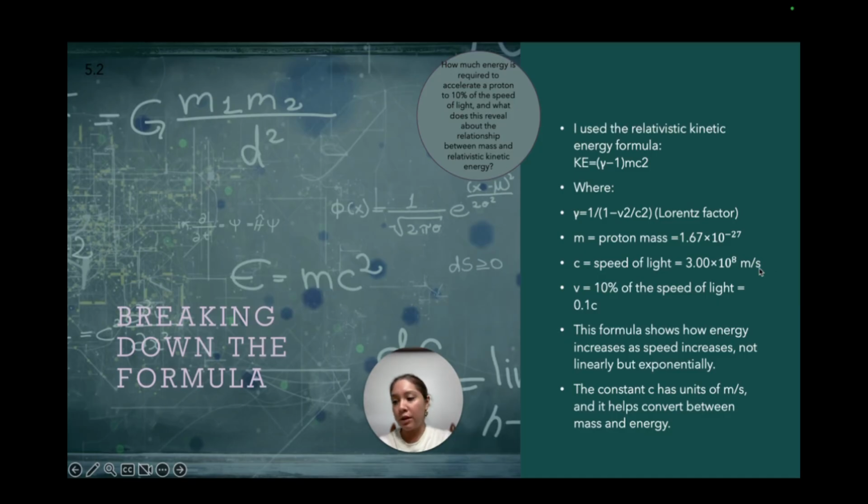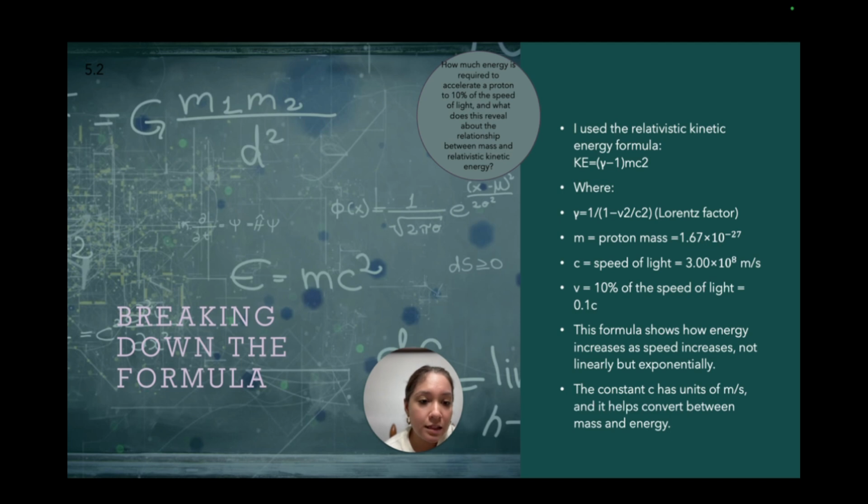Breaking down the formula. So, for my question, I used the relativistic kinetic energy formula. Each part of this formula has a specific meaning. The m is the mass of the proton. It's really small, about 1.6 times 10 to the negative 27 kilograms. The c is the speed of light, which is a constant at 3.00 times 10 to the 8th meters per second,